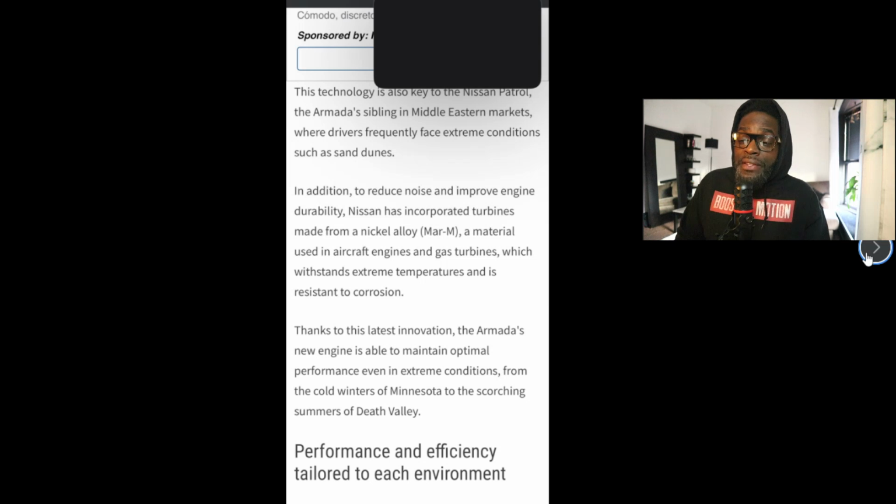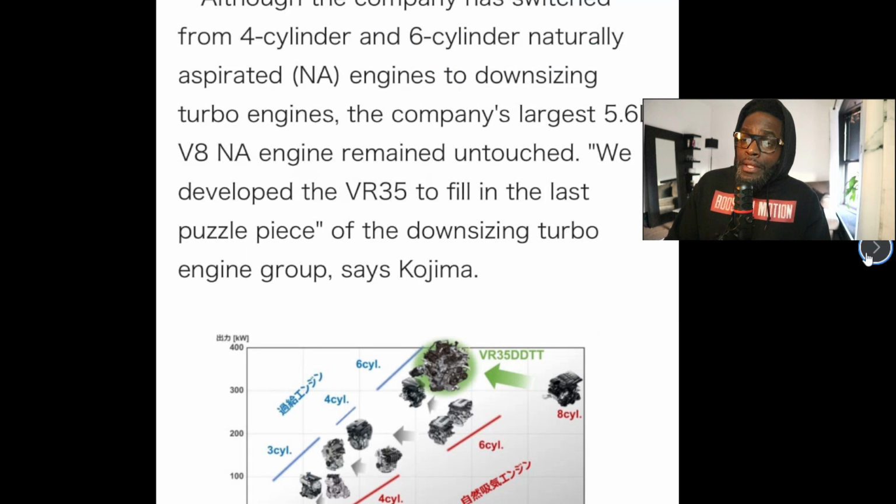Thanks to the latest innovation, Armada's new engine is also able to maintain optimal performance even in extreme conditions, from the cold weather of Minnesota to scorching summers of Death Valley. Right? Although the company has switched from 4-cylinder and 6-cylinder naturally aspirated engines to downsize to turbo engines, the company's largest 5.6-liter V8 remained untouched. We developed a VR35 to fill in this last puzzle piece of downsizing the turbo, and they show a little